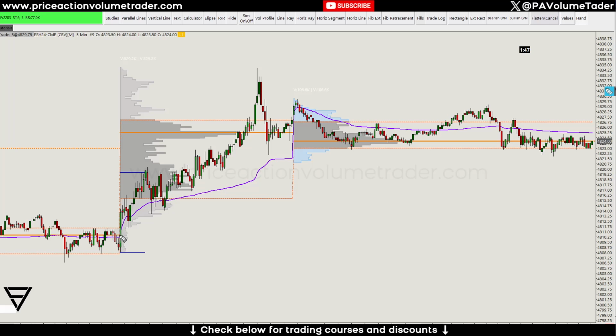You can see it restarts from 0 every day right at the session open, in this case at 9:30 a.m. Eastern, and then it tracks the average volume and price of all the trades